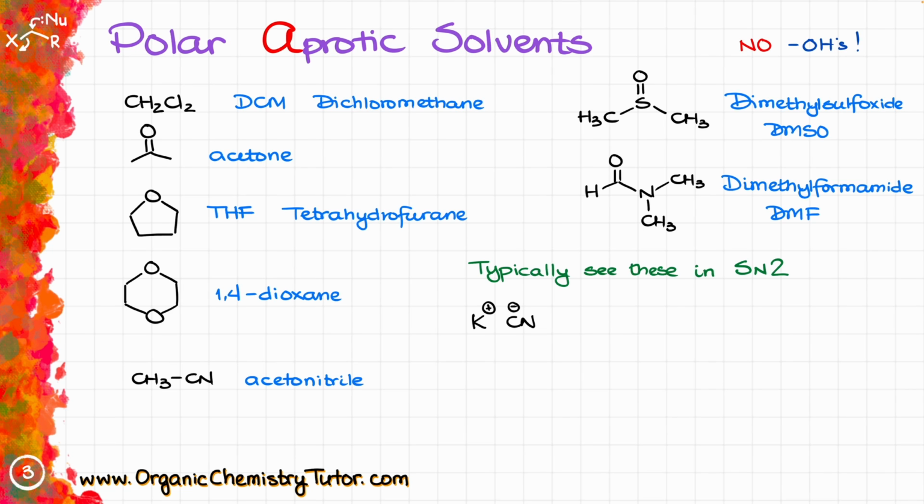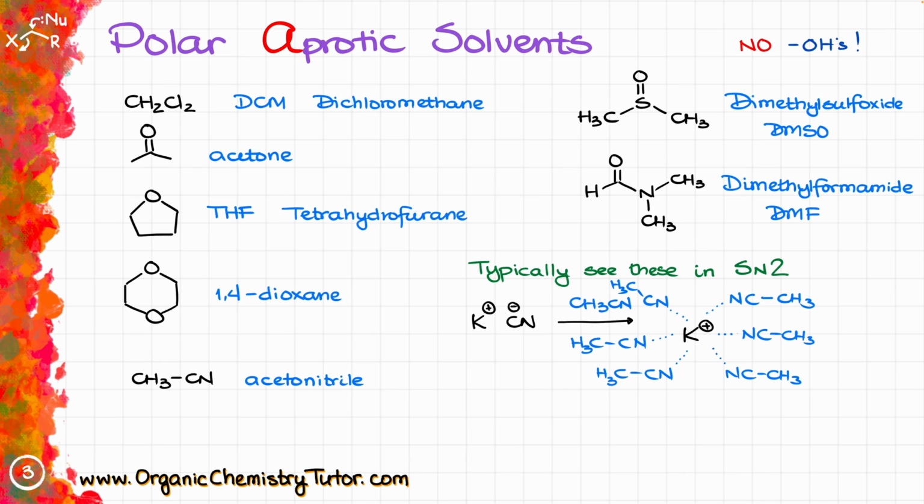So if I take my potassium cyanide and use, let's say, acetonitrile as a solvent, then it's going to come in and start breaking those ions away from each other. So just like in the case of polar protic solvents, when we surrounded our anionic species with the solvent, in this case we're doing the same thing but for the cation. Here we're going to surround our cation with those solvent molecules, pulling it away from the anion, so that means that my cyanide that I had to begin with is now completely naked and it doesn't have any counter ion with it,